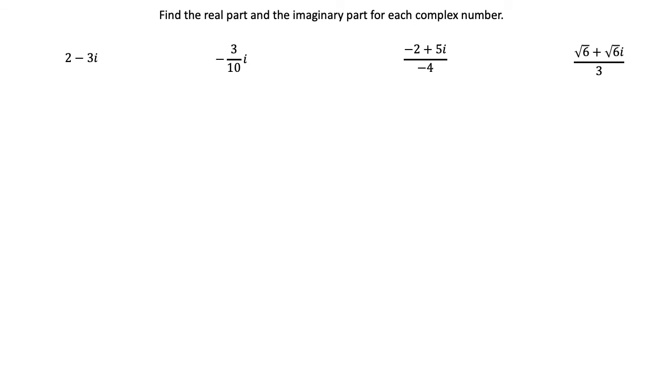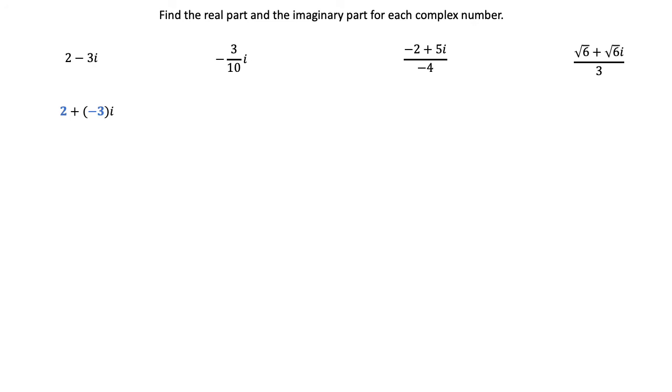In this video, we will be identifying real parts and imaginary parts for complex numbers. And what we're going to do is think of these as breaking these apart into real and imaginary parts. So the first expression, 2 minus 3i, I'm going to think of that as 2 plus a negative 3 attached